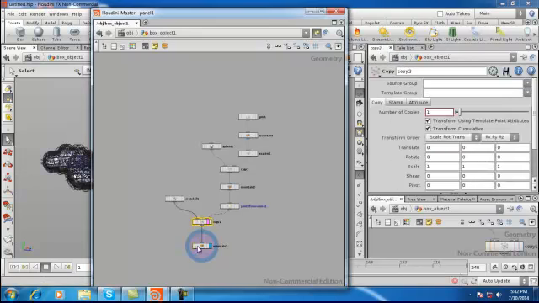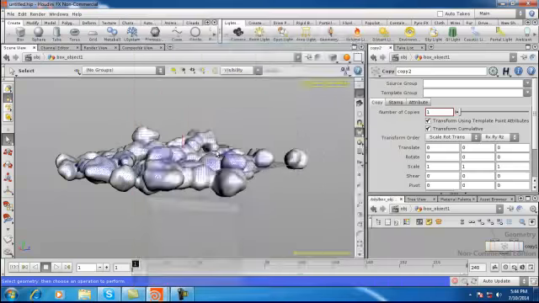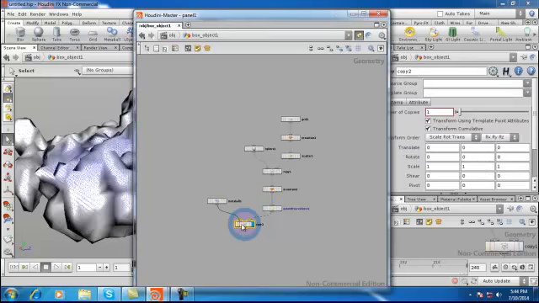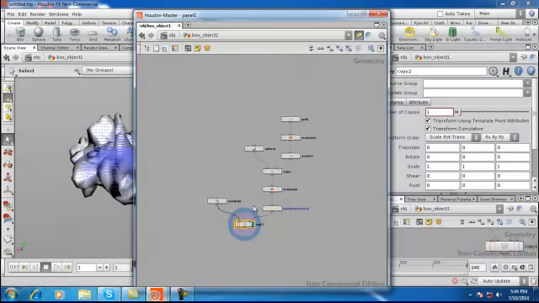Okay, we need not take that mountain node, that was not required. So we'll continue with the copy node here. We've got these points visualized here, and we've got this mesh here. So coming back, I'm going to shoot up my mountain height here to somewhere around 5. I'll come back to my copy node, and let's see how this has come up. Yeah, so we've got a lot of randomness here. Maybe 5 is a bit too high here. Let's bring this down to 3 so that it calms things down a bit. Right, so we've got this structure here, which is more or less going to resemble the entire topographic nature of